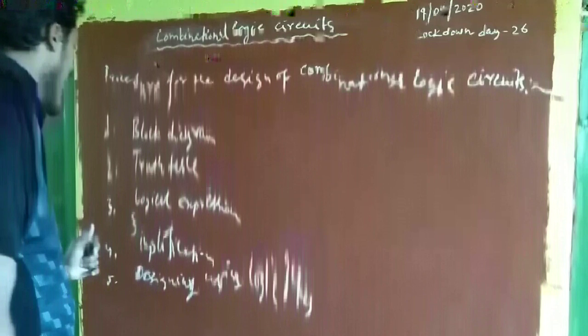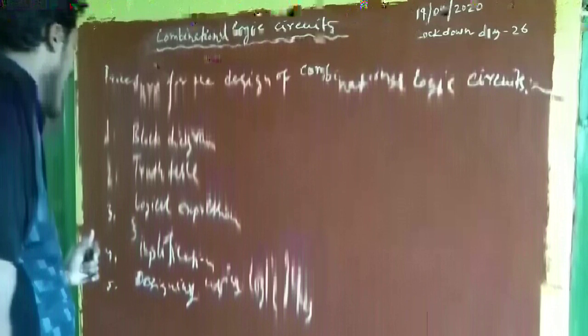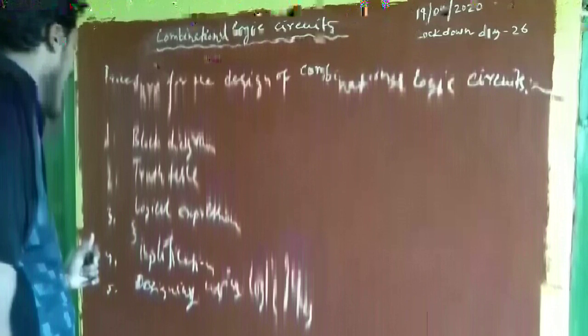Now first we will discuss half adder. Half adder is the simplest combinational logic circuit that performs arithmetic operations of two binary digits. You must remember, half adder performs the arithmetic operations of two binary digits. That means what are the inputs? How many inputs? Two inputs. Now if you represent the two inputs as A and B.